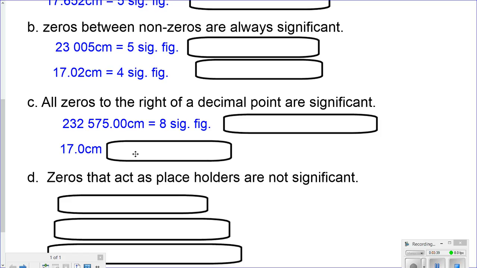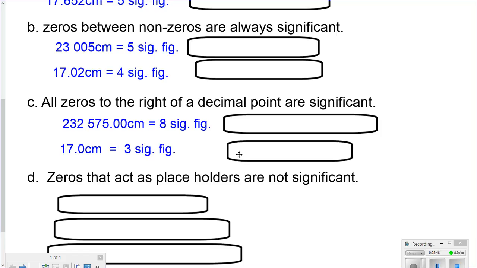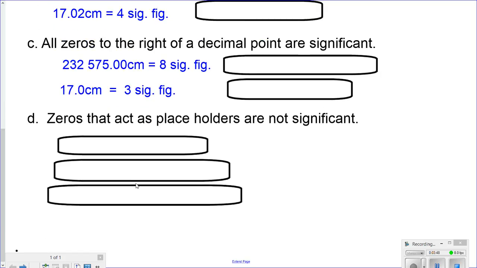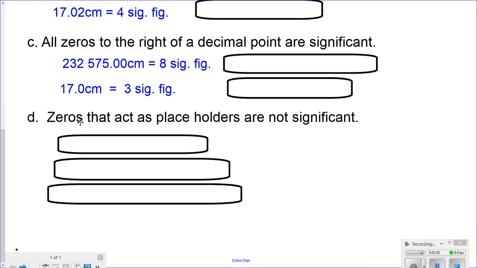Another example, 17.0 centimeters, 1, 2, 3. 3 significant figures. Last point. Zeros that act as placeholders are not significant. That's zeros to the left. These are zeros to the left of decimal points,